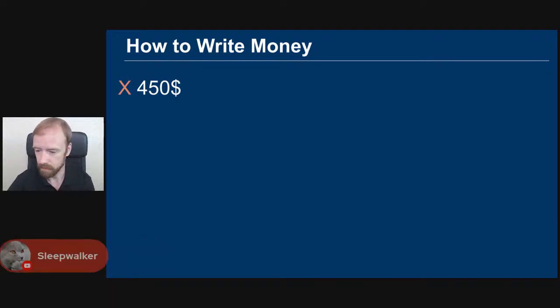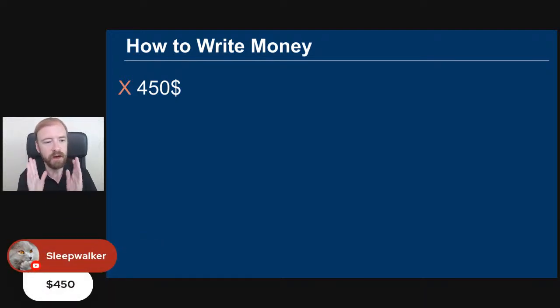Julio, hello. Sleepwalker comes in. It's very important that that dollar sign, that means dollars, comes in the front. It could be euros, pounds, anything. That money symbol must come in the front before the number. All right, not after. So sometimes even in Korea here, students will write it after. No, we have to put it in front.